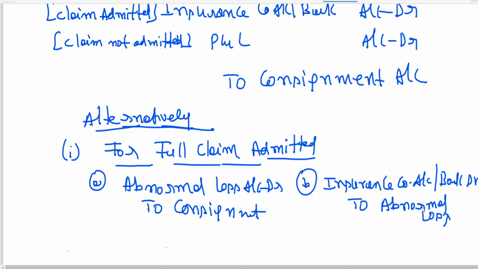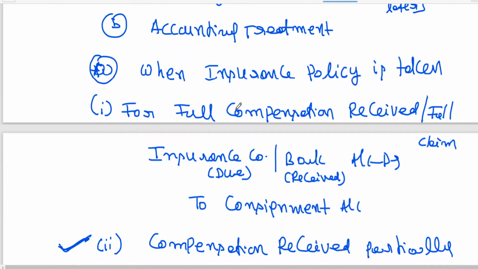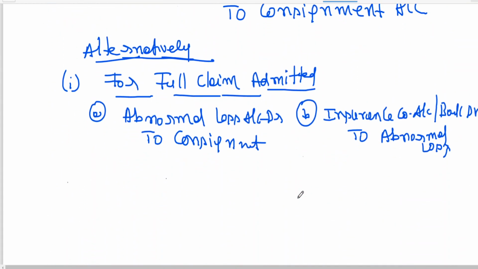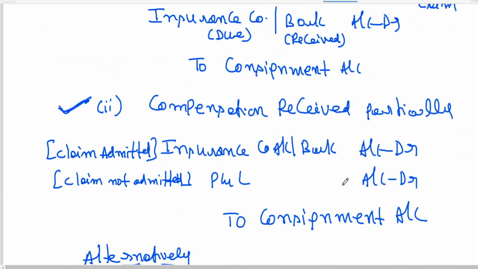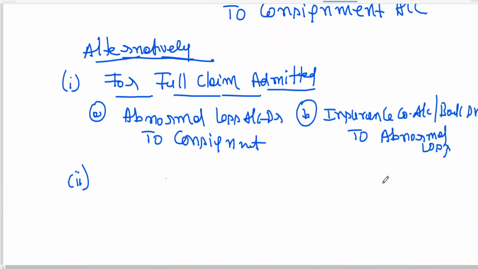Now you can see abnormal loss credit and abnormal loss debit got cancelled. The entry is insurance company to consignment. No, the same thing we have written: insurance account debtor to consignment. So this is the alternative one. We can write it also like that. When you need to compulsorily use the abnormal loss account, when he is asking you to open the abnormal loss account, this entry you need to write. Otherwise, when he is not asking for abnormal loss entry, we can write these two things. Are you following? Please remember these entries we can write when abnormal loss account is not being asked. If abnormal loss account is being asked, you should go by this.